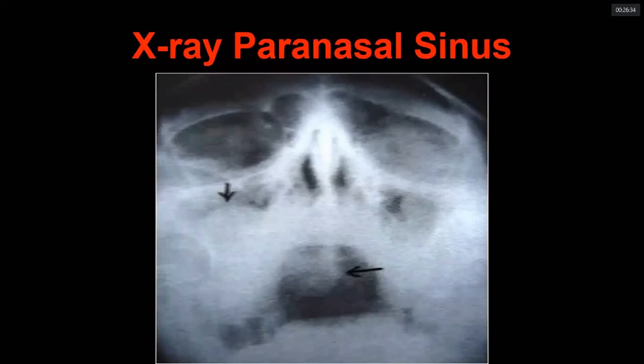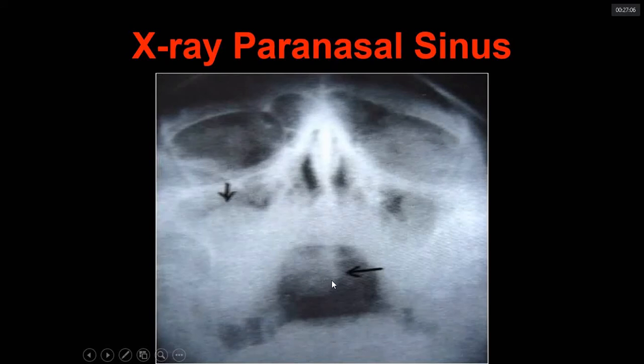Now, we do not prefer X-rays, but you need to know. So in this X-ray, look here, the mass is like this, and here also there is some opacity, but there is some concavity. Whenever there is concavity, it may be because of fluid. But here is convexity. Because of the convexity, we feel that it is a mass. And look here, you see some soft tissue shadow in the oropharynx. So you suspect an antrochoanal polyp.